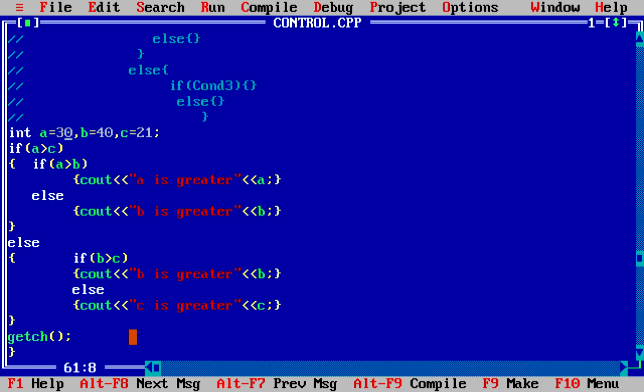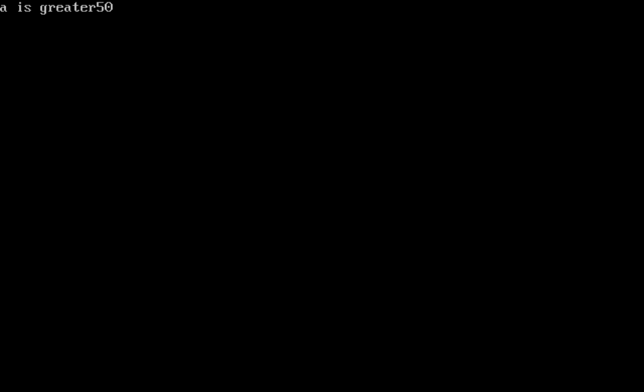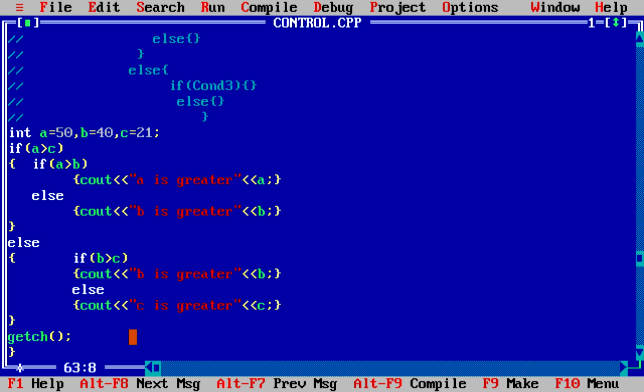But if I make a greater, then it will print that a is the greater element. Here you can see that a is the greater element. In this condition both ifs are true, and the statement inside the inner if is printed by the compiler. But if I want to print the c element by making it greater, then it will